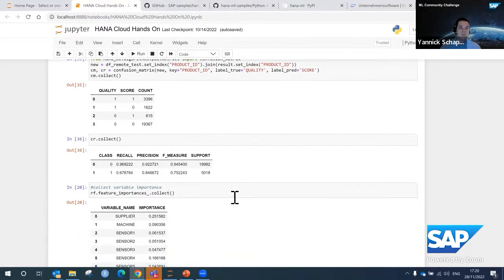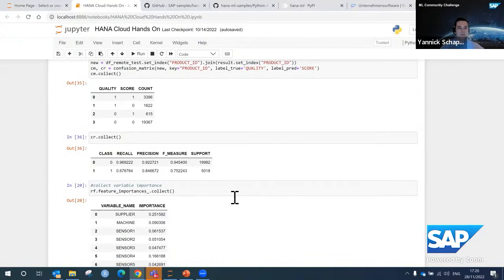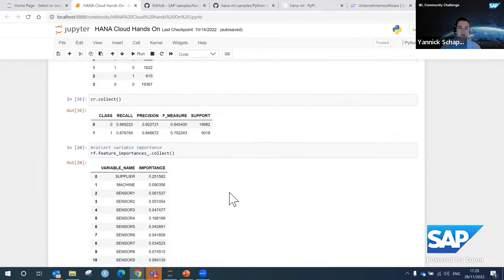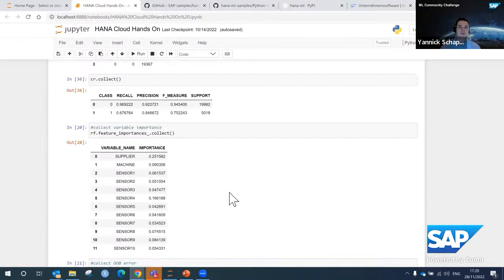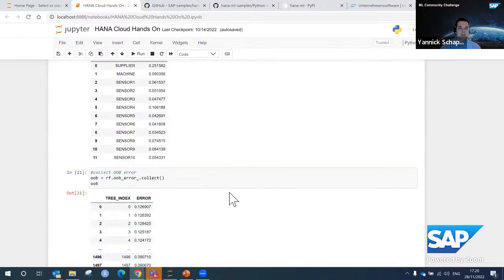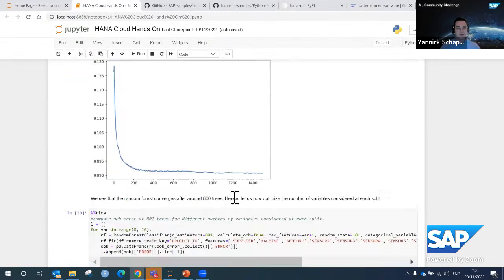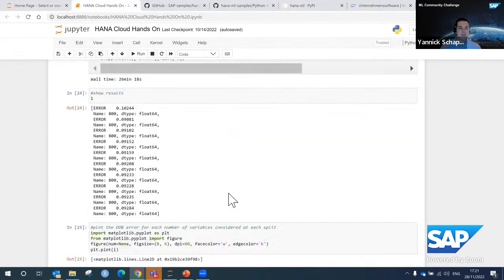Of course, random forest is also a really amazing algorithm, because I don't only have the prediction, but I also have more insights, which variables were of importance, which variables were not as important, to predict if a product will be of good or bad quality. So I also generate not only the predictions, but really further insights for the business. And I want to scroll through here. So I'm now doing a lot of hyperparameter tuning here.